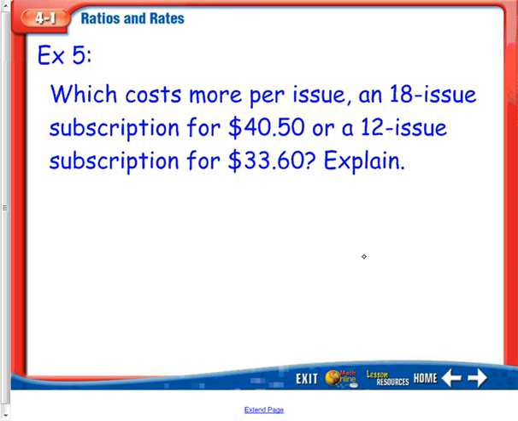Example 5, which costs more per issue, an 18-issue subscription for $40.50 or a 12-issue subscription for $33.60? So sometimes when thinking about getting a magazine or something like that, you want to figure out what's the better deal for you. So we always kind of want to put money on top because we want dollars per issue. So we want to figure out $40.50 per 18, and then we have